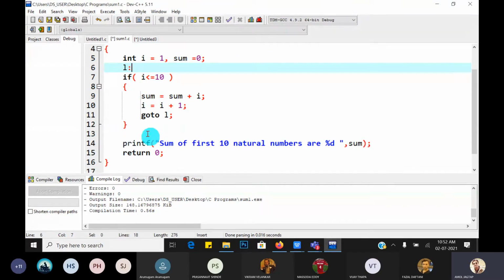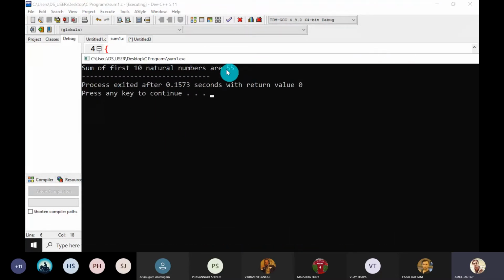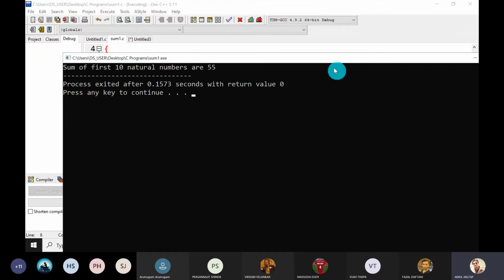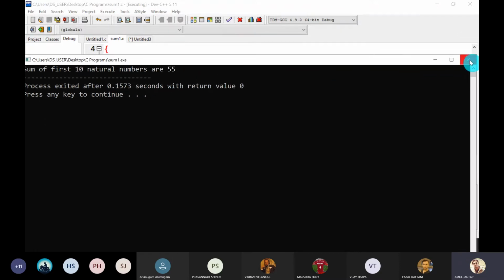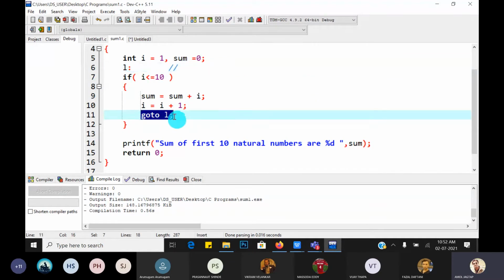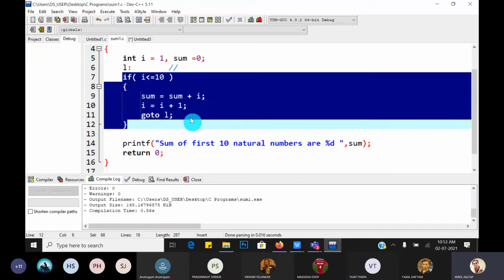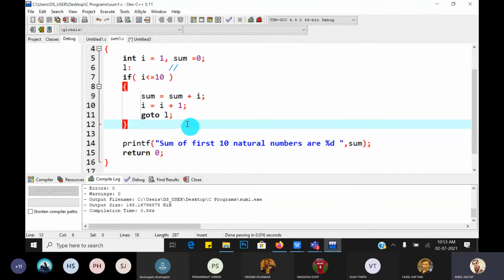Guys, is it similar to a loop now? Yes, sir. It is similar to a loop now. And now we have to check it and confirm our knowledge. Okay, so run it. Yes, the addition of the first 10 natural numbers is 55. Yes, it is correct. So it gives you the correct answer. Guys, understood? That means using the goto statement, what we have to do is convert a branching statement into a looping statement. Understood? Yes, sir.